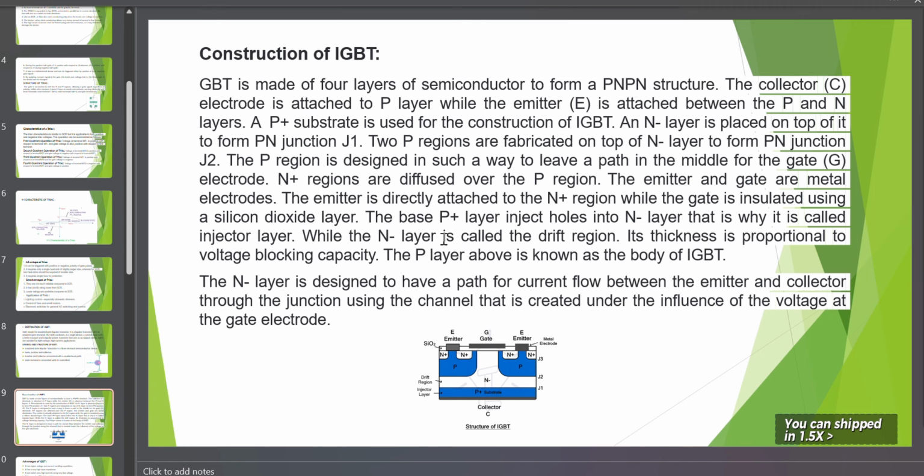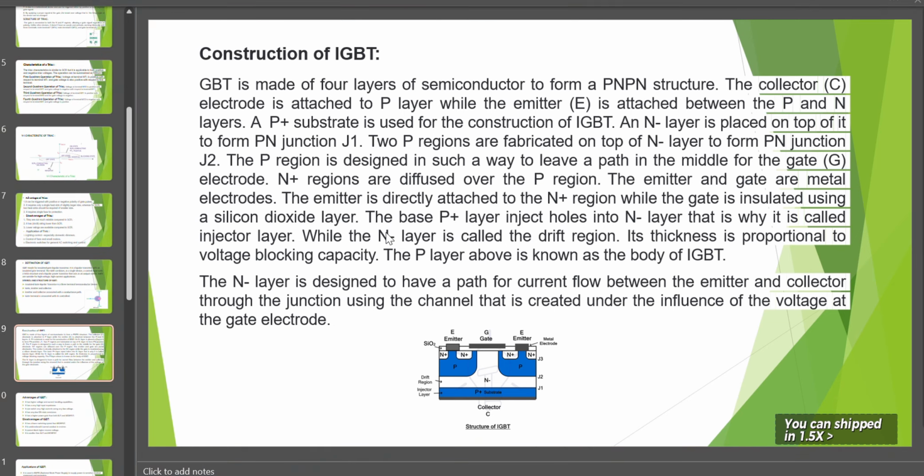While N minus layer is called drift region. Its thickness is proportional to the voltage blocking capacity. The P layer above is known as the body of IGBT. Okay, and next,